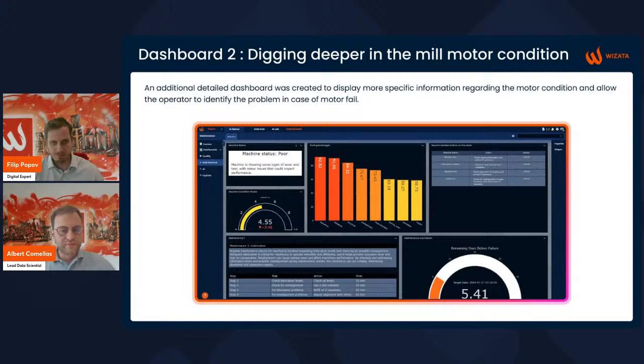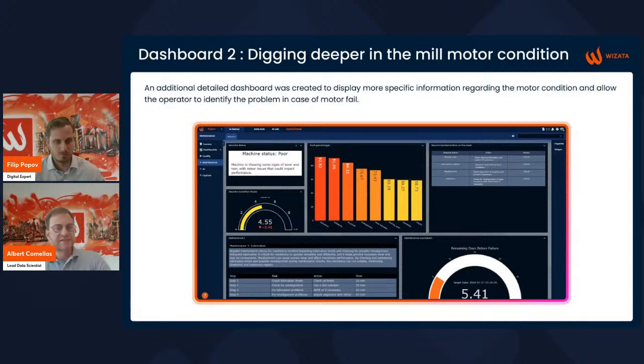So as we saw before, the motor is not doing okay. So that's how we would continue the investigation. We can navigate from that dashboard to this dashboard where we can drill down on what the motor condition is. This is the outcome of the vibration analysis on the motor, and it tells us that the status is poor right now, and it's giving it a score of 4.55 out of 10.